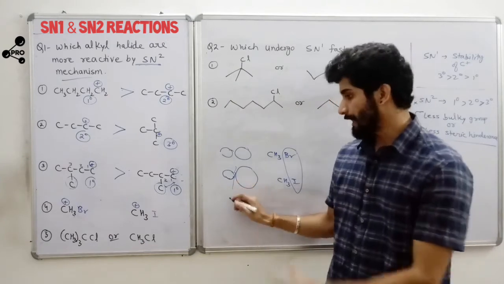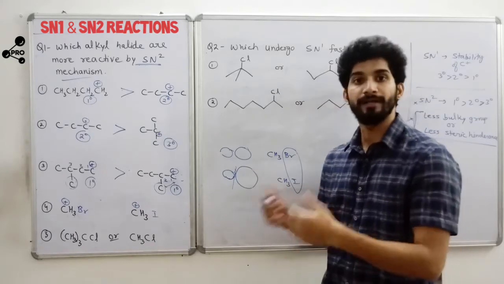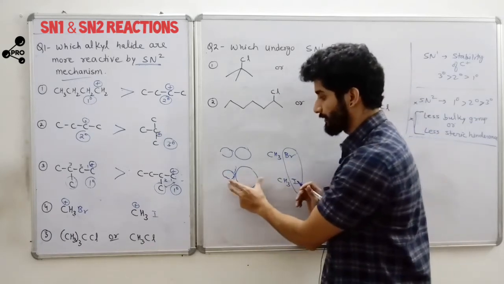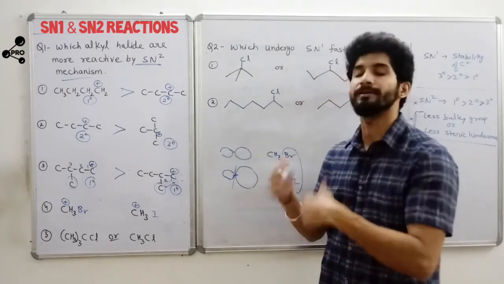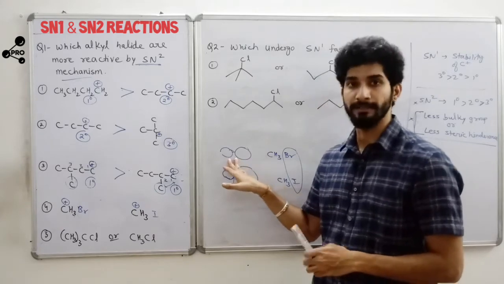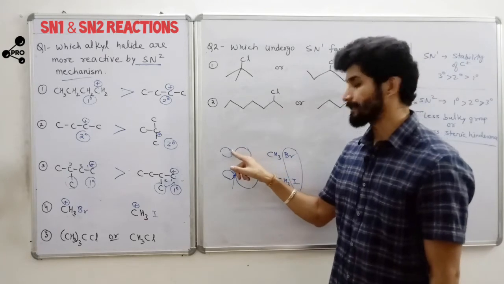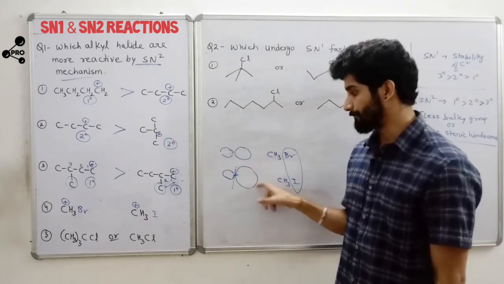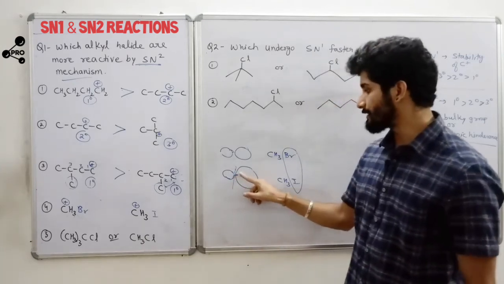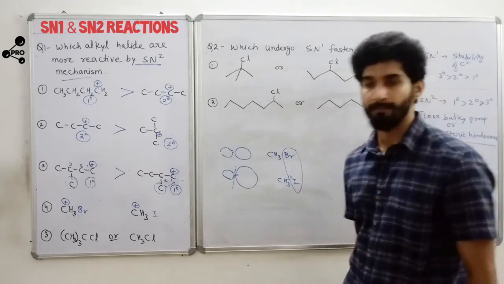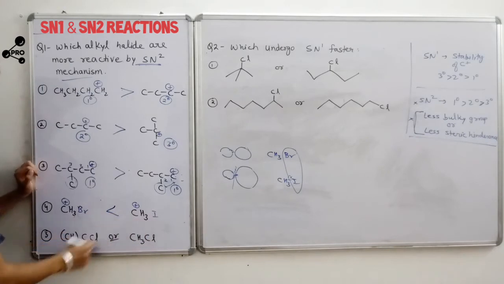We know that the greater the size difference, the weaker the bond. In methyl bromide there is also a size difference, but with respect to methyl iodide it is a lesser size difference. Because the size difference is greater in CH3I, the bond is weaker, so the iodide will be removed easily. Therefore CH3I is definitely more reactive.